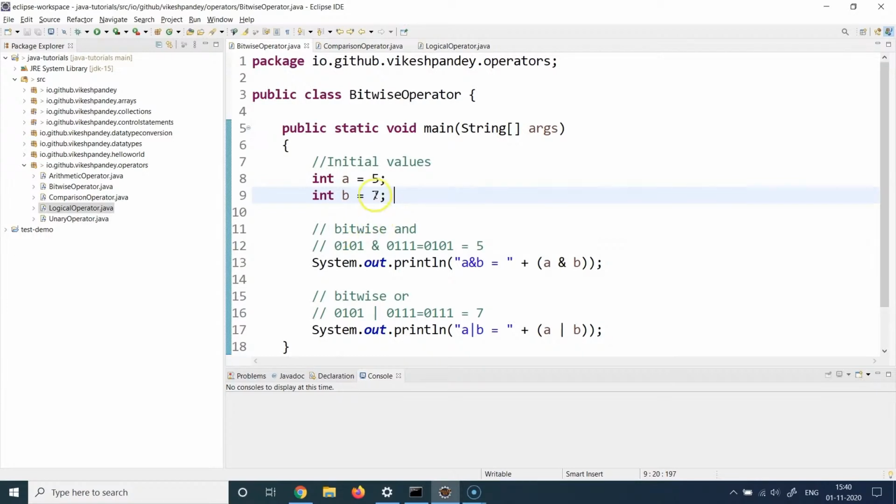To give you a recap, this 5 will basically be written in the memory as 0 1 0 1, and it starts from here. 2 raised to power 0 into 1 becomes 1, 2 raised to power 1 into 0 becomes 0, 2 raised to power 2 into 1 becomes 4, and 2 raised to power 3 into 0 becomes 0. So 0 plus 4 plus 0 plus 1 becomes 5, and that's how 5 is displayed to you. Similarly for 7, 2 raised to power 0 into 1 is 1 plus 2 raised to power